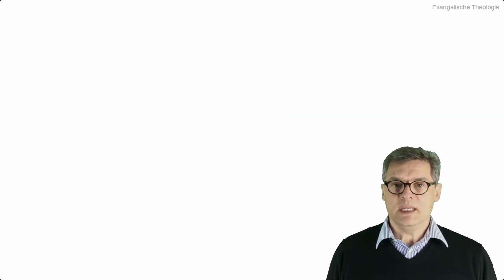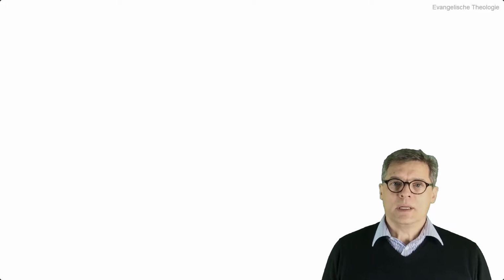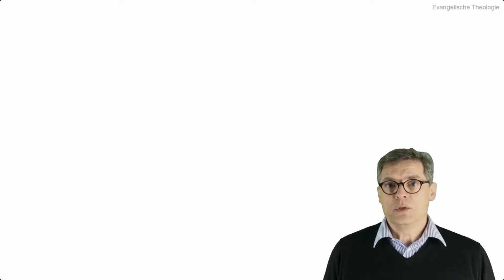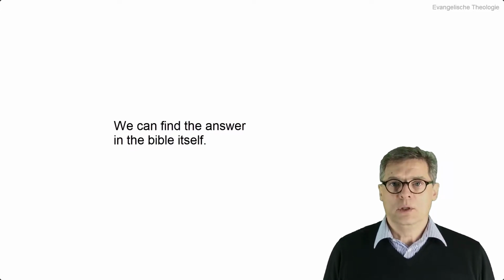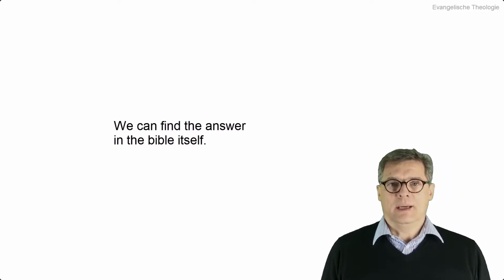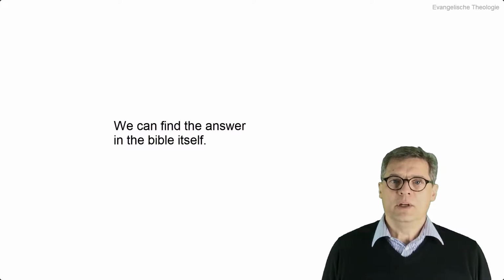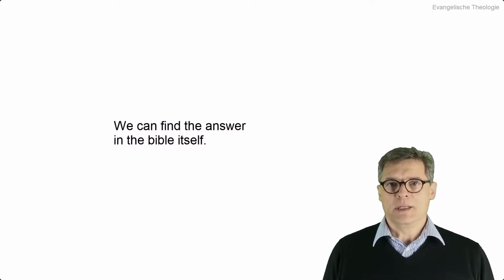And we can find the answer to that question, who are the two legs and who are the two feet, who are the 10 toes, within the prophet Daniel, within the Bible. That's why it makes no sense to look around in world history somewhere and to look for any political structures that maybe come up. But we just have to read the Bible, especially the prophet Daniel, and we want to look at this together in the second part.